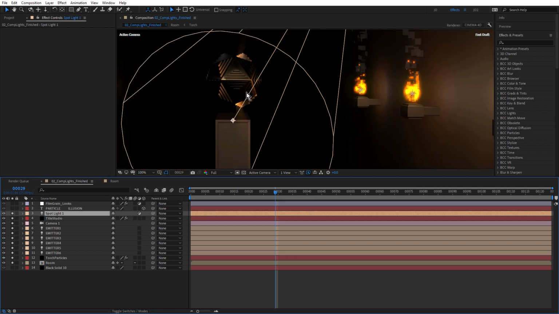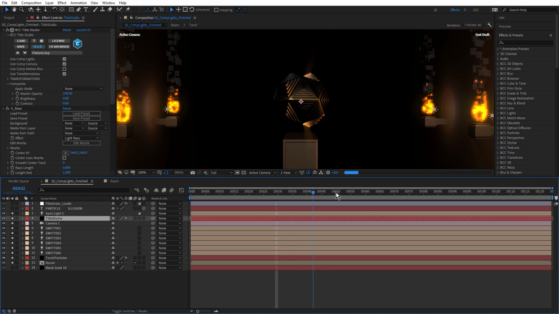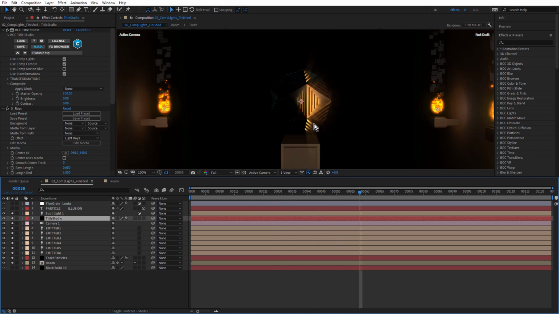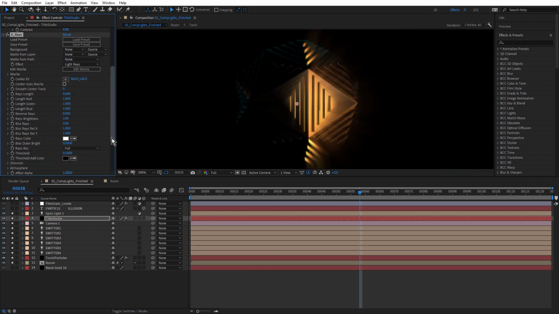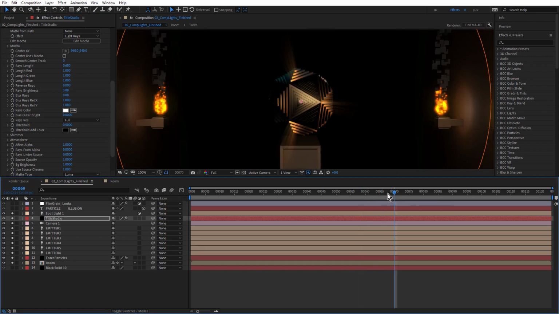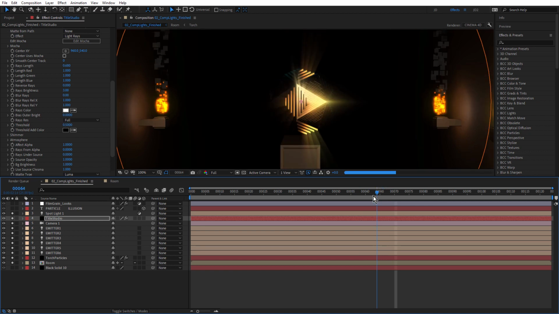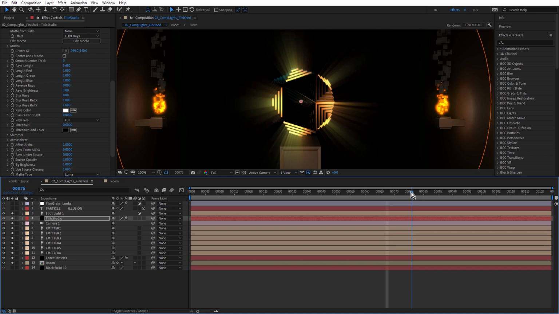And to make that pop out a little bit more, I've used Sapphire Rays. Just move my time indicator a little bit. So Sapphire Rays is just pulling out some rays from the brightest areas. Make that look a little more expensive. It's like that. And I could have made this a gold texture, but it was way too bright and blown out. So by making it black and having it pick up the color from the lights and then using the rays, it makes it look a little darker, just picking up these highlights as the light hits it. And with the rays, I think it makes it look a little more mysterious.